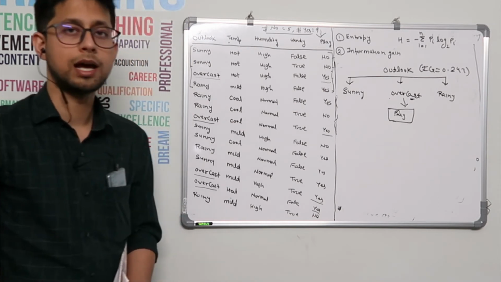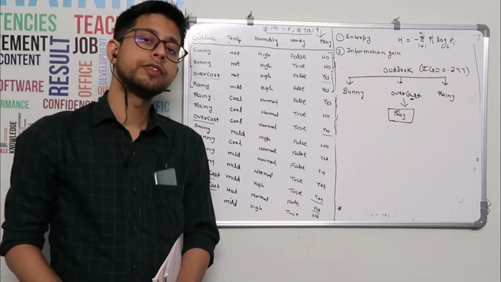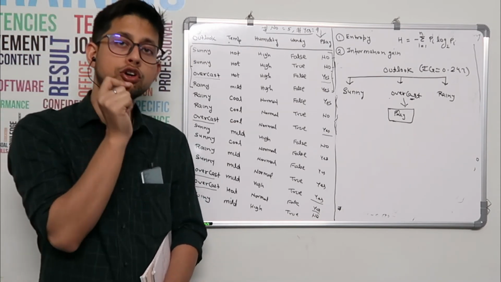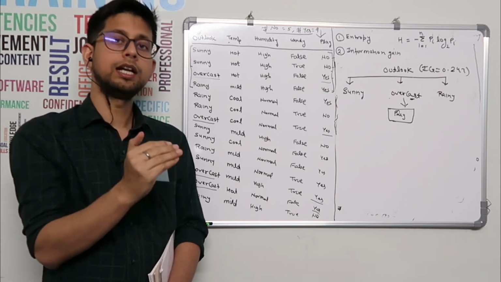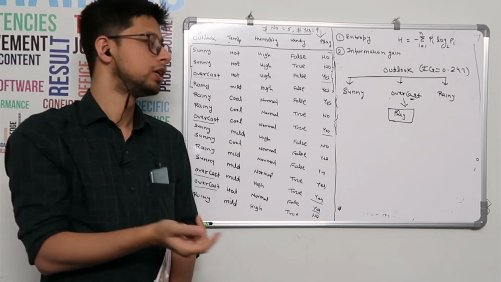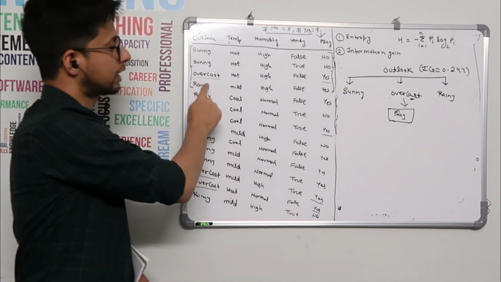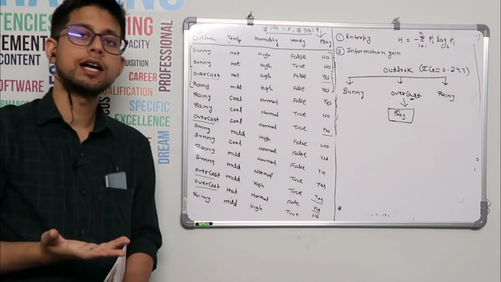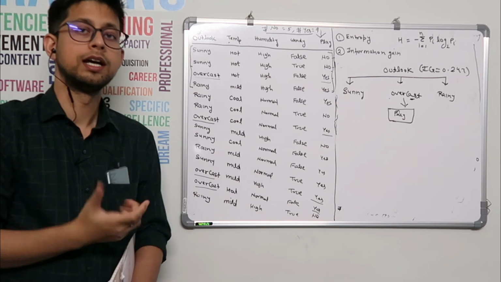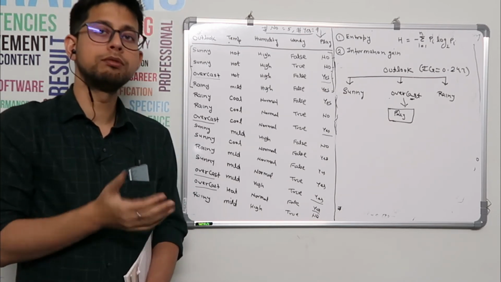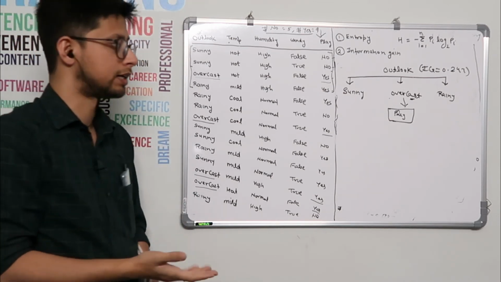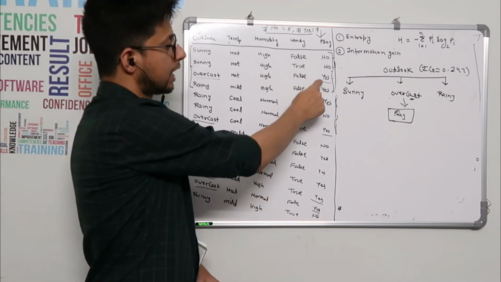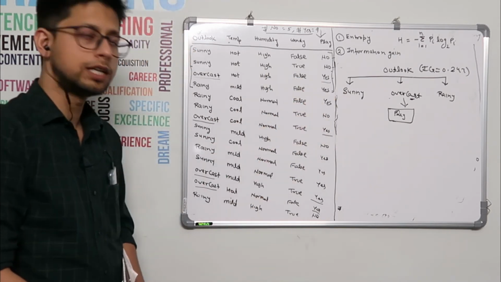Overcast, and then play will happen. That is the decision. So if you find entropy is 0, then you declare that as a leaf node, because if you see overcast, it is yes only. All classes are yes only. It is homogeneous data. If it is homogeneous data, your entropy will be 0, correct? No need to calculate, and simply you can say whatever the class is, that is yes, play will happen. So that we already decided.